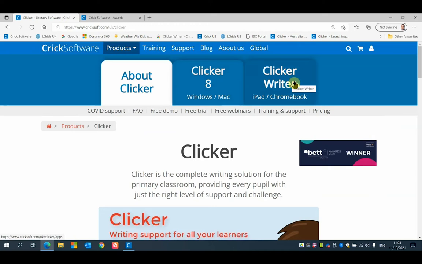first of a number of Clicker apps that works on iPads and Chromebooks. We have more apps on their way. We've got Clicker Books coming out fairly soon, and under the agreement with the Department for Education, you would be getting a site license for Clicker 8 and Clicker Writer, so you can use it on all devices in school and also devices for pupils and teachers at home as well, and you would also get all the new apps